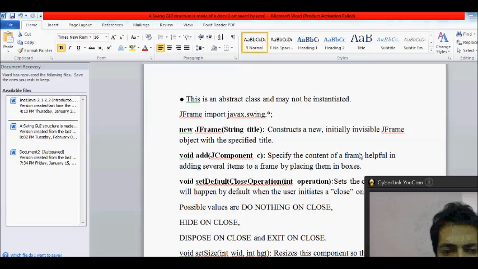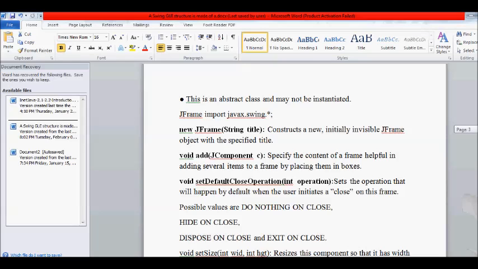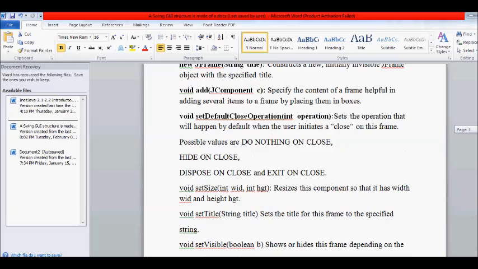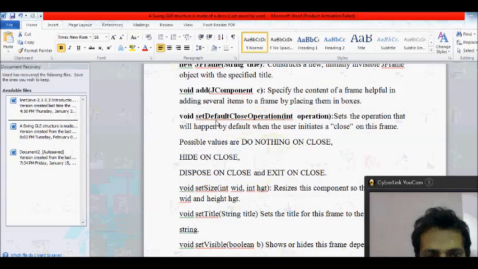So we need to have the set default close operation. What this operation will do is close the window when the cross button is clicked. So possible values that we can assign to this operation, set default close operation,